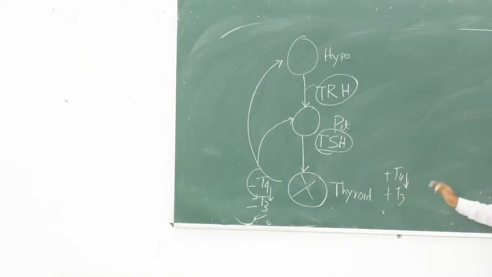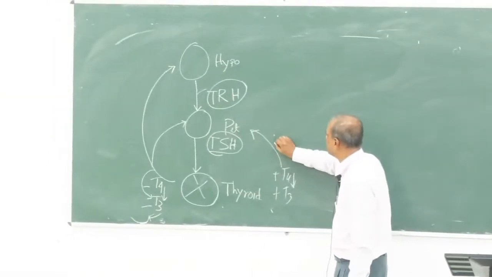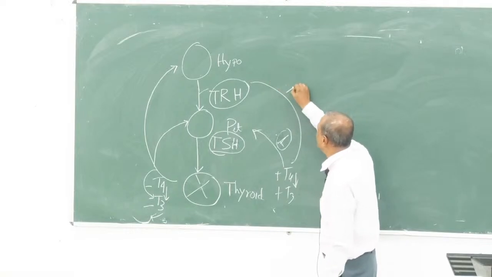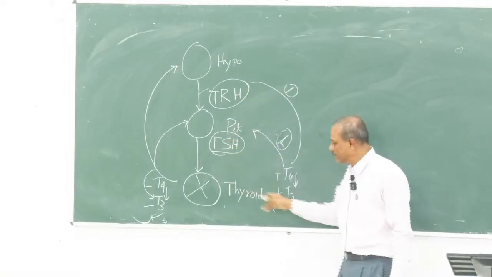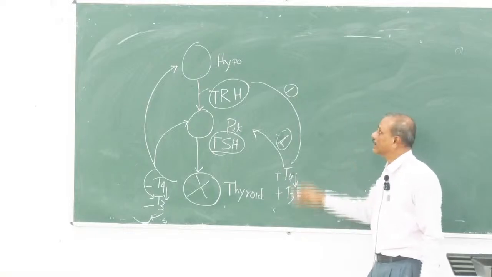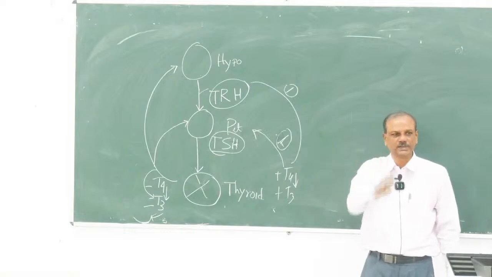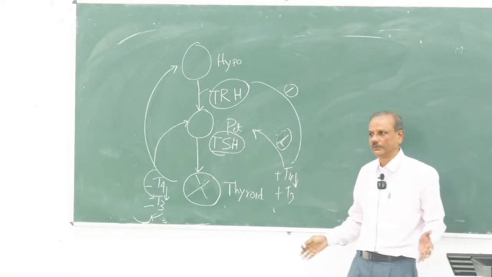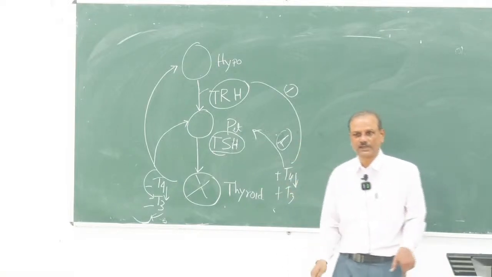So that is the hyperfunctioning of the thyroid gland. Now this will have an inhibitory effect. Less TSH will be produced, and if the level is very high, there will be no detectable amount of TRH and no detectable amount of TSH in the circulation. So an abnormally high level of T4 will decrease the TSH level to a non-detectable limit by the conventional assays,